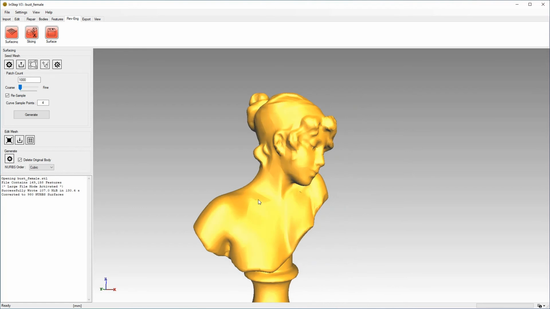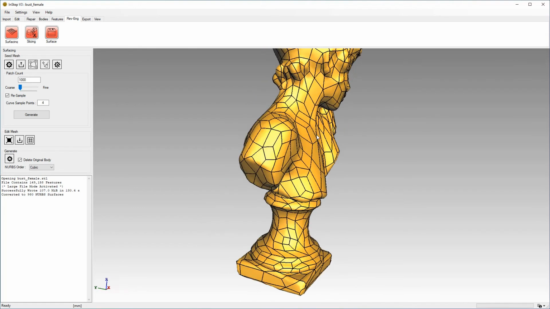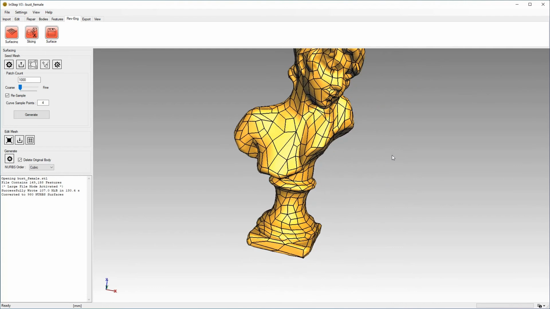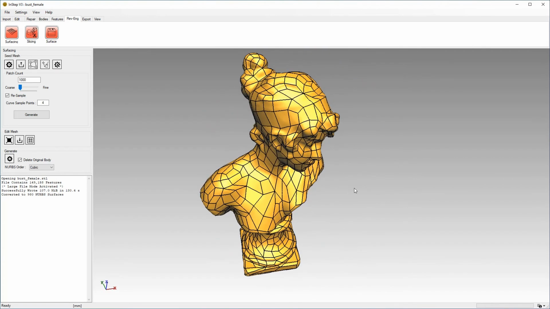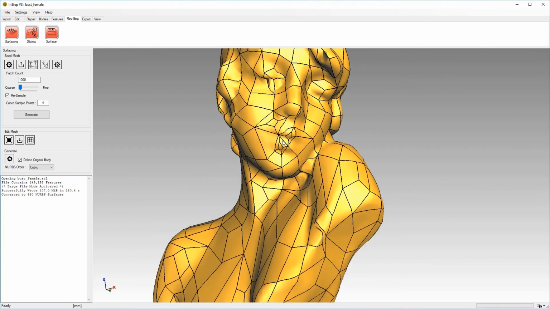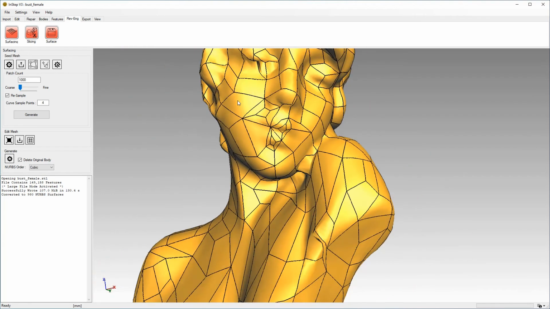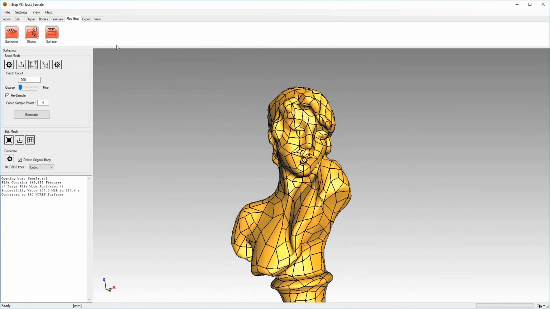If we turn on the edge display, we'll only see those patches. And again, like we saw, there's more detail around the lips and mouth area. So at this point, we could go back to export and write this to a file, but there's actually a shortcut here, which is just the surface option. This does exactly the same thing as the export, with the only difference that if we had multiple bodies or we didn't delete the original body, it would only write the actual NURBS body to file.